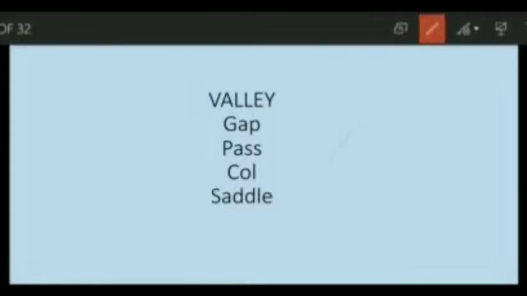Now this is the peak. If we take it from the top, these two circles will be drawn and then lines like this. So these two peaks, in between that there is a gap. What is the name for this gap? This gap is known as valley, and it is known by different names like gap, pass, col, saddle. You can use any one word to describe this physical feature.